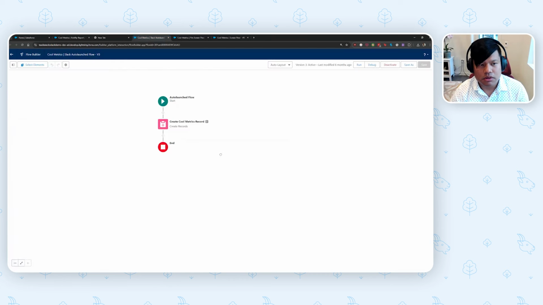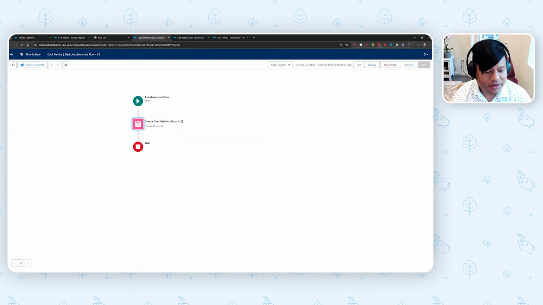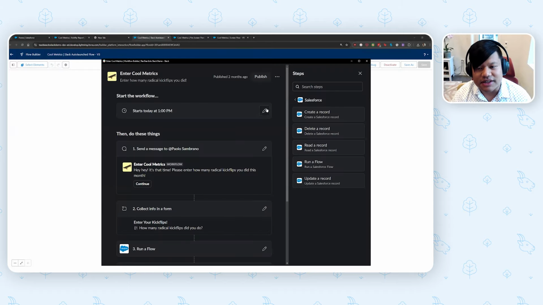So that's the flow I used. That's it. It's going to create a new cool metrics object. We're going to take the variable, var kickflip number, that we assigned from our workflow on the Slack side of things to create a record. That's really it. It's pretty simple. Now, with that out of the way, let's go ahead and see it in action.